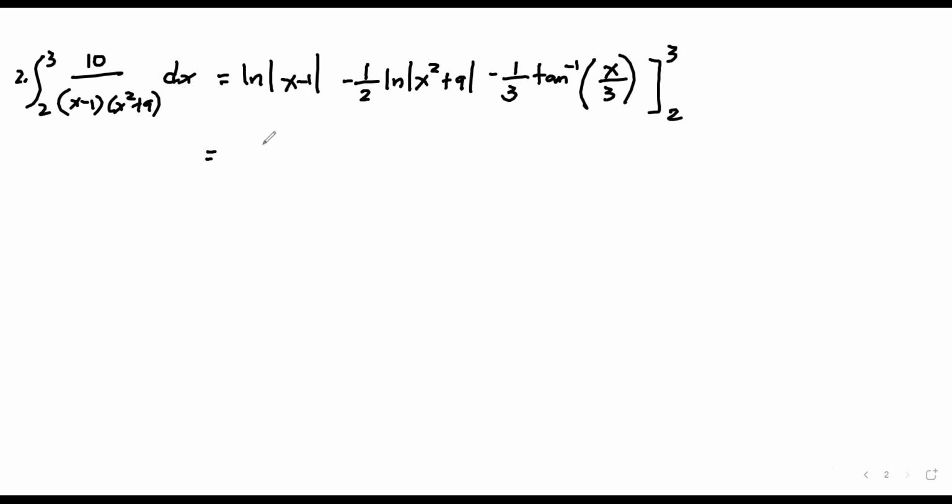So we will have 3 minus 1, 2, ln 2 minus 1/2 ln. 3 squared is 9 plus 9, 18. ln 18 minus 1/3 inverse tan of 1